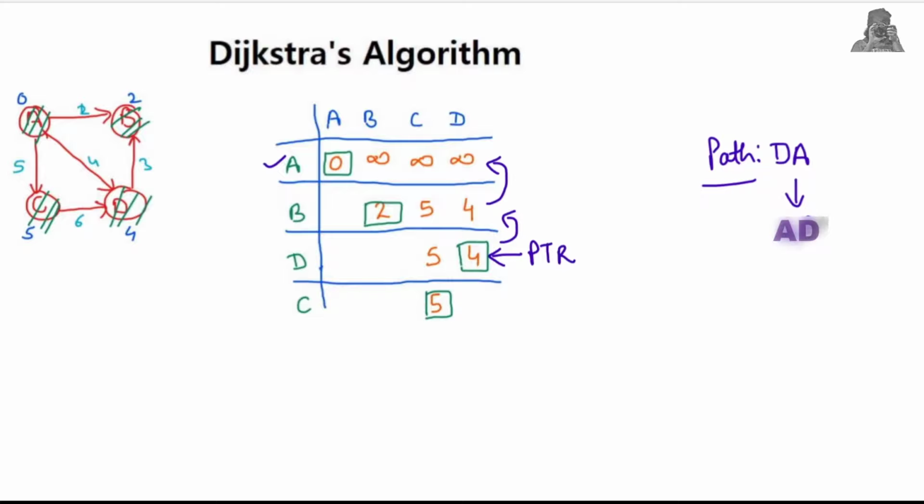So this is going to be the shortest path, because there is another path also available. As we can see, we can reach D from A to C and then C to D. That was another possible path, but because Dijkstra's algorithm provides us the shortest distances in this table, we can easily find the shortest path from one vertex to another vertex.